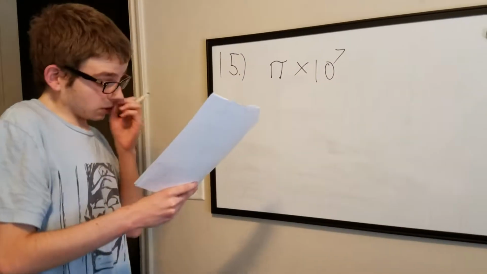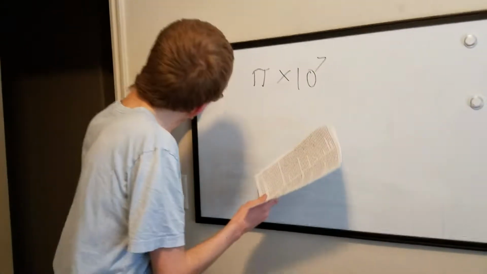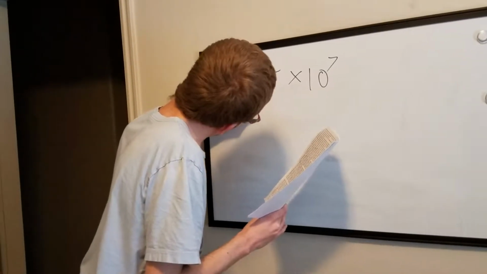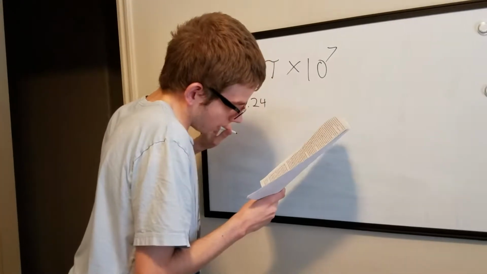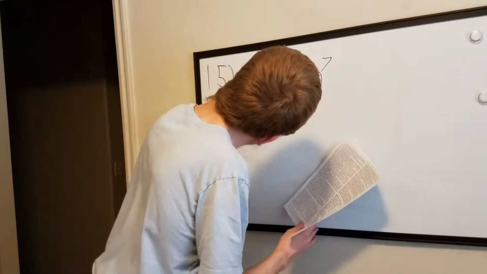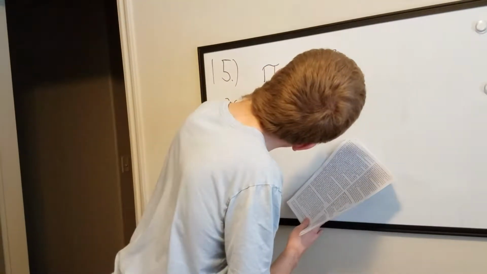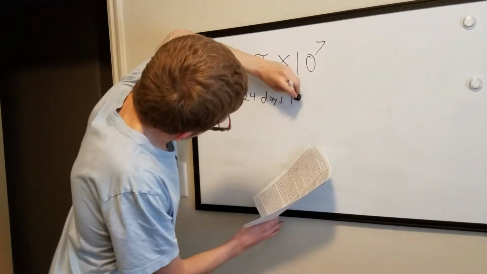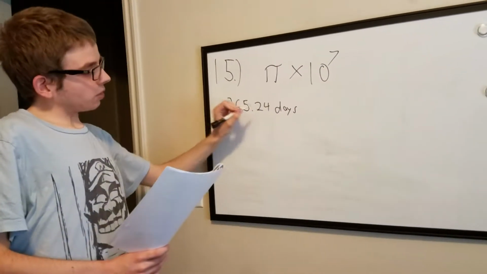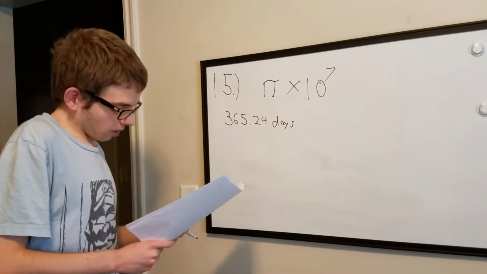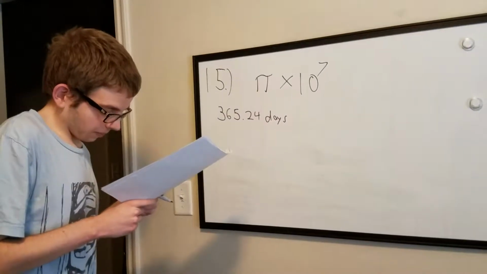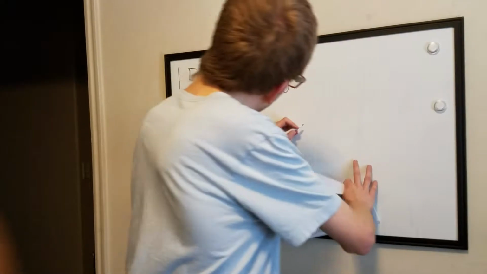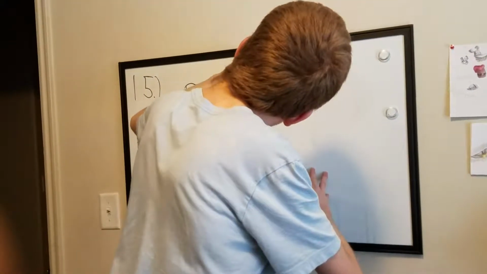A value that's given to us in this problem is that there are 365.24 days in a year. In order to find out the percent error, you have to use the appropriate equation. The equation for calculating a percent error is,